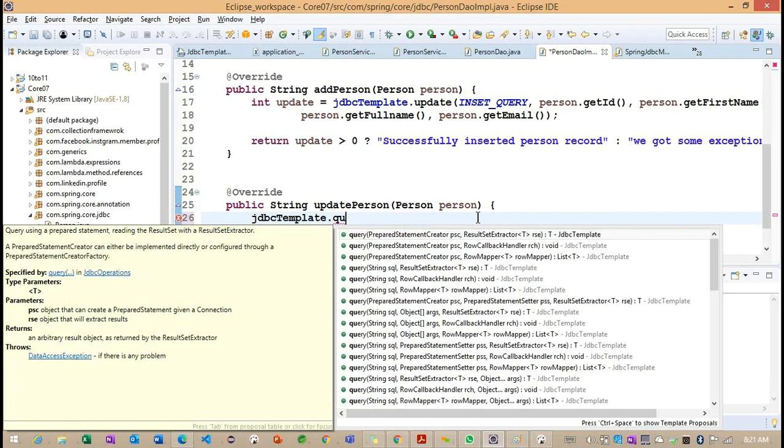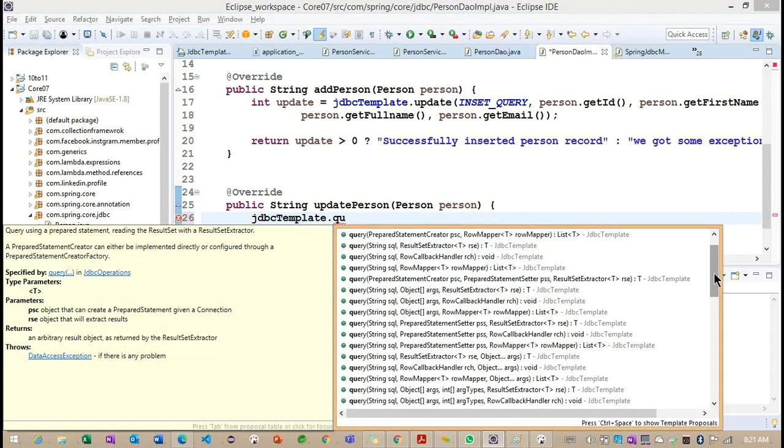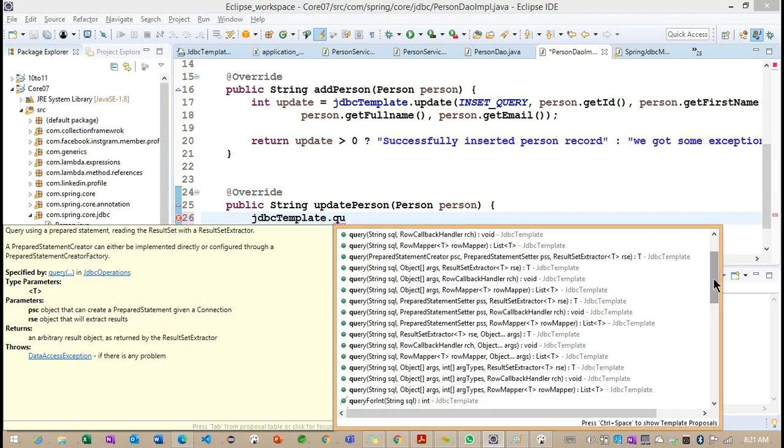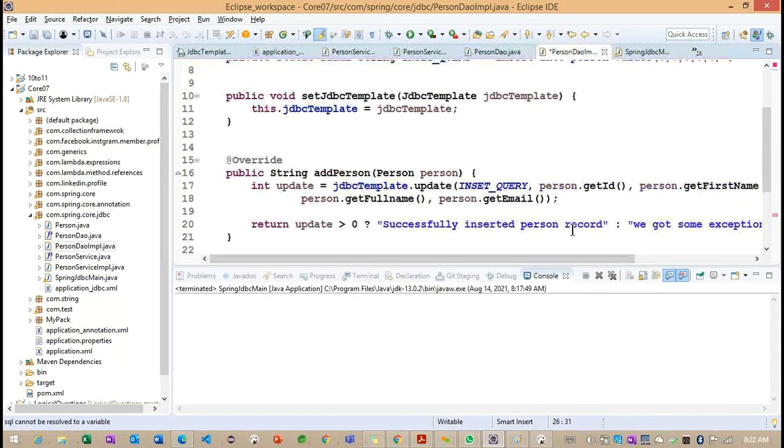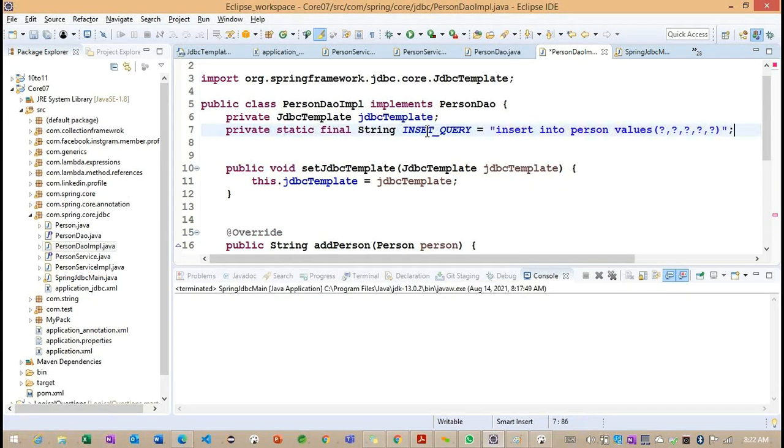So what is the query I can go for here? First, based on ID, I want to load an object here. Otherwise, ID comma person, maybe we'll see. So which we can go for, update and return type. So we can go for the row mapper, or object we are going to load, right? We'll try to work on the update query. So to update, first we need to load the select query.